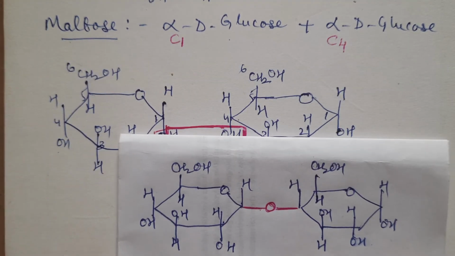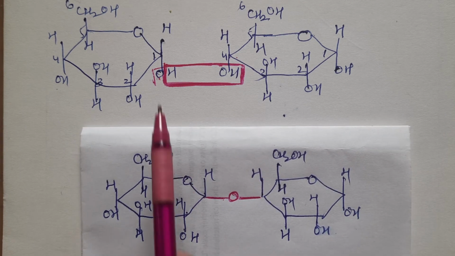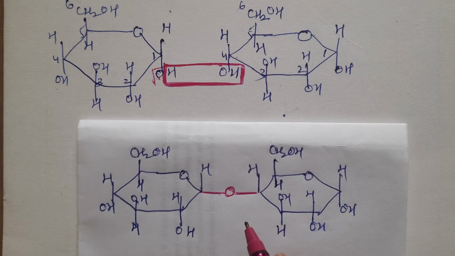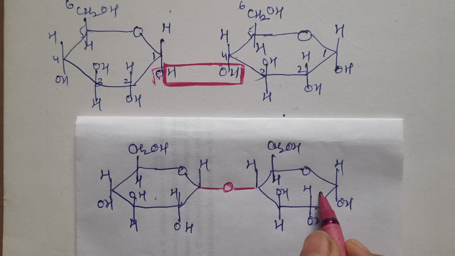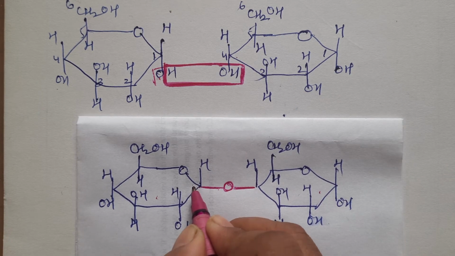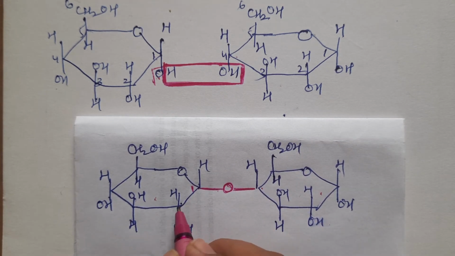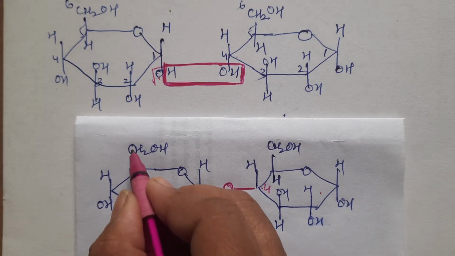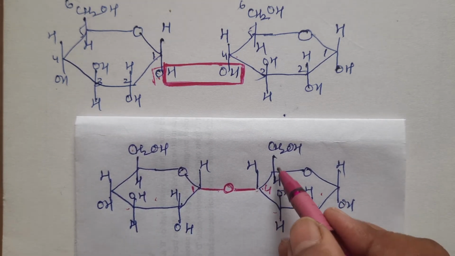It's the same thing. You can just compare, children. It is the same thing. I've just removed that water molecule and I have just linked them through this O. This O which is there in between two, this is alpha D glucose, this is alpha D glucose. There are 2 alpha D glucose linked by C1. This is the first carbon atom which was numbered here. This is the 4th carbon atom. So 1 and 4 linkage, right? So 1, 2, 3, 4, 5, 6. This is how you number it. Always from this side. 1, 2, 3, 4, 5, 6.